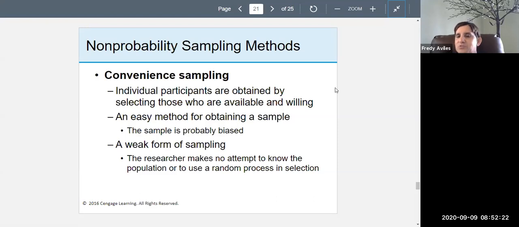The researcher makes no attempt to know how many people there are in the population. We don't know how many people are depressed, or how many people smoke weed or are alcoholics. We make no attempt to find out how many there are, and we probably cannot. No attempt to use a random process in selection. There's no attempt to use simple random sampling or some of those other things that we talked about. You do none of that. So I know we talked about a lot of things, and you have to know them for the homework and the exam. But when it comes to how you're going to do it, you're going to do it the easiest